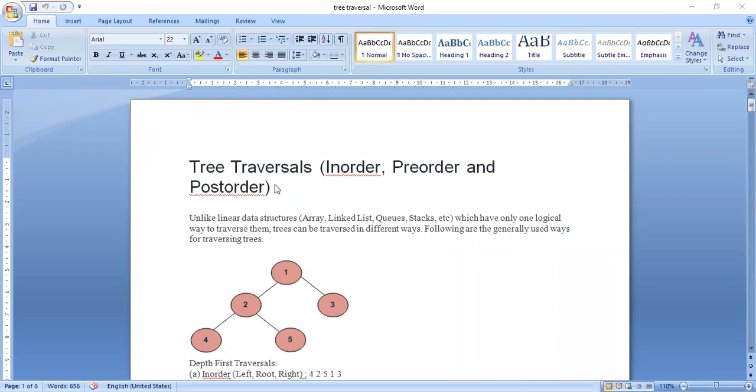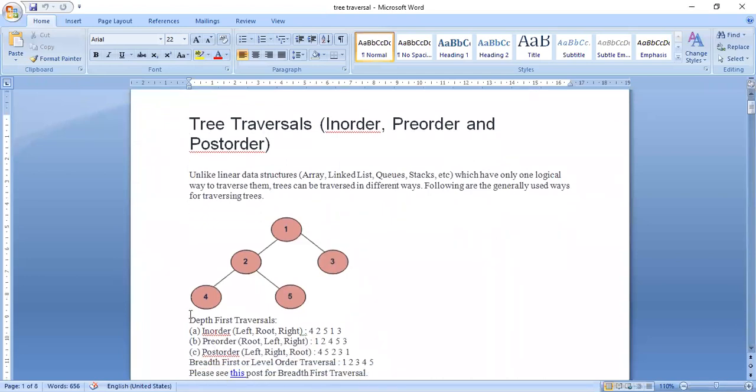Traversal means traveling from one node to another node, visiting all the nodes. So how will I visit the nodes? You can see the diagram here, with nodes 1, 2, 3, 4, 5. I can travel from node 1 to 2 and then visit 3, 4, 5.